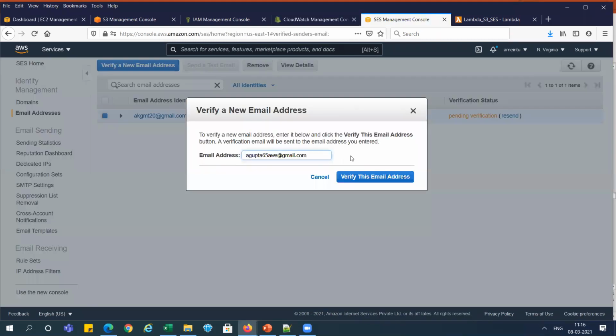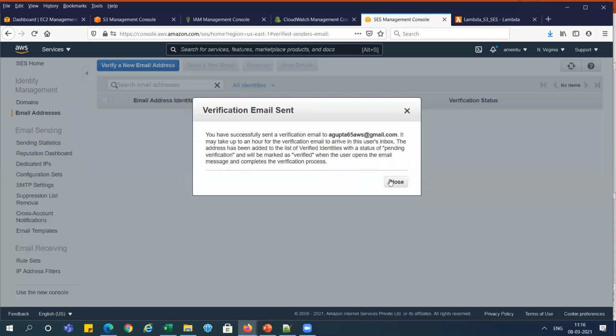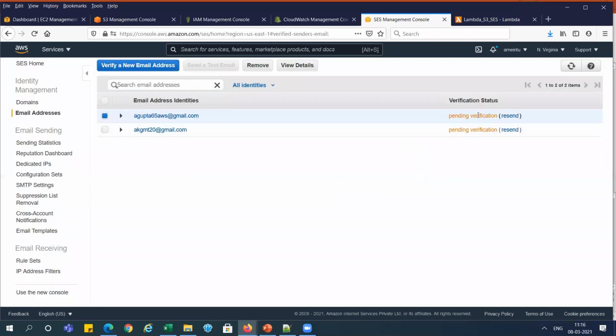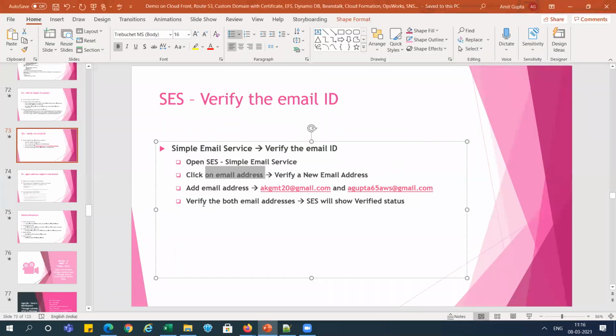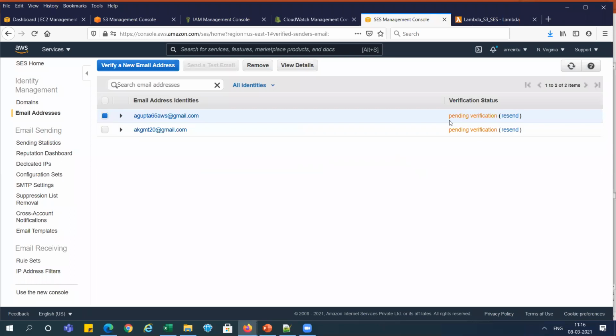So verify this email ID. You can see both are showing pending verification, right? So what we need to do, verify both email addresses, log into this account, right? So make sure you are giving your email ID here. Then after that, it will show the verified status. You can see pending verification.